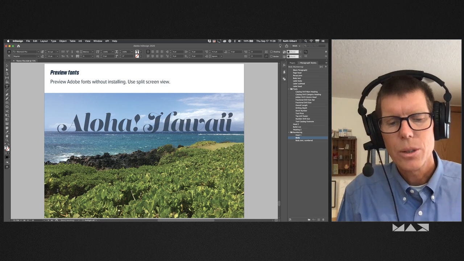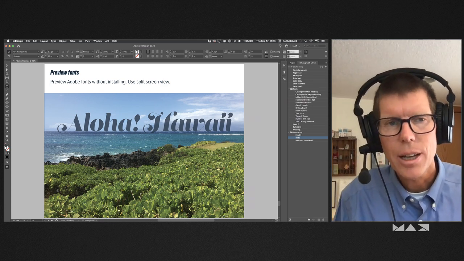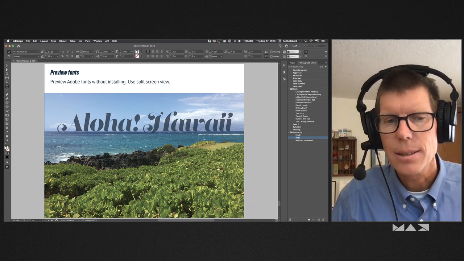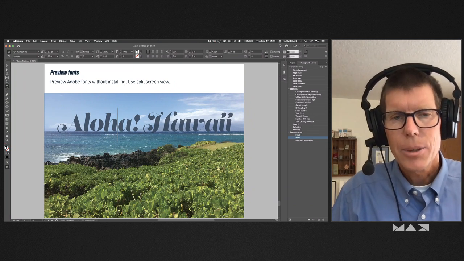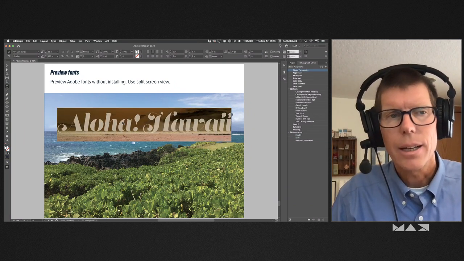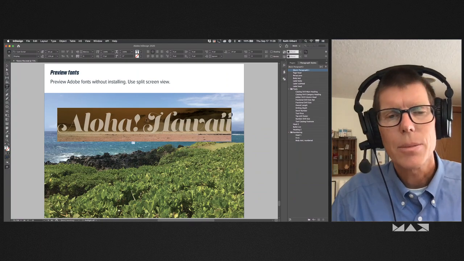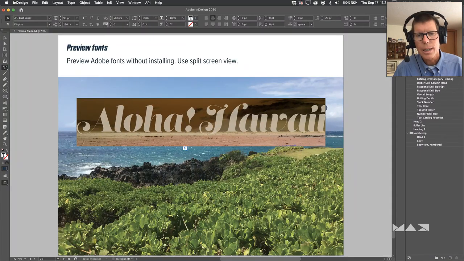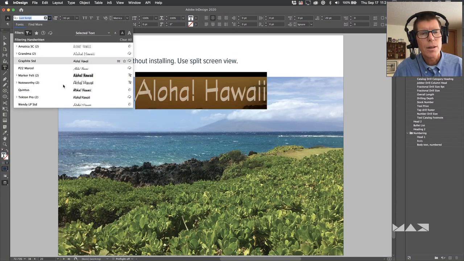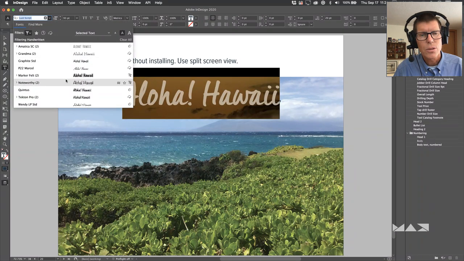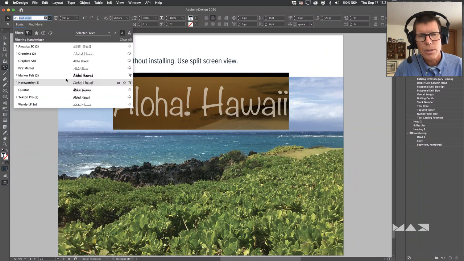Have time to show you one more set of tips here having to do with previewing fonts. I want to select all this text here and try some different typefaces and see what they look like in context of my layout. And you may know that you can go in here and just hover over different typefaces, and as you do, it shows them in my layout here. Trouble is, there's that ugly black highlight that makes it a little hard for me to picture.